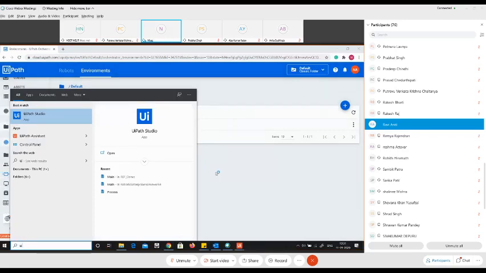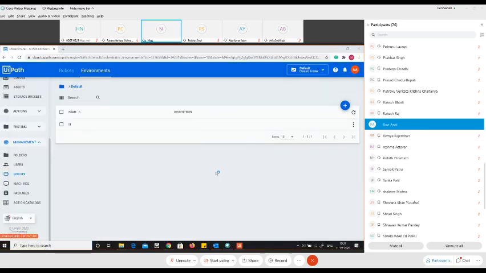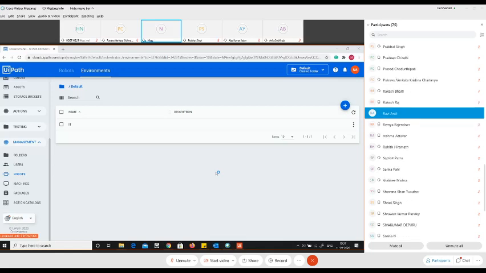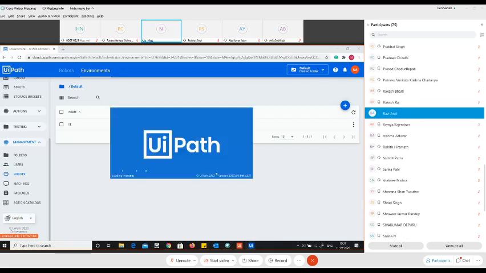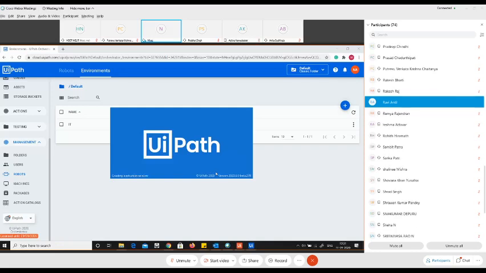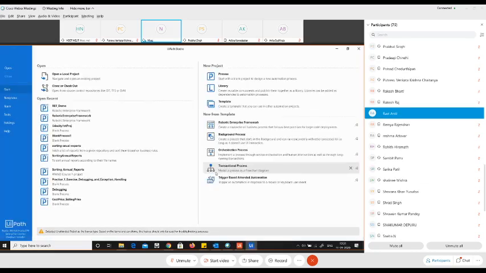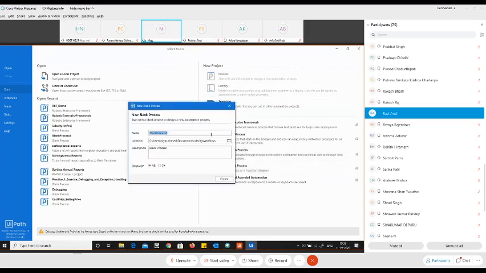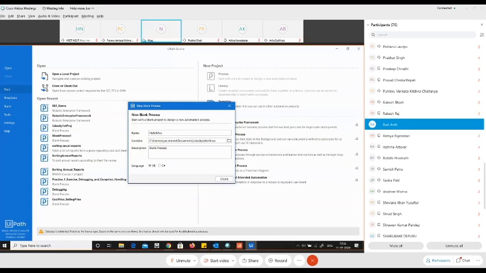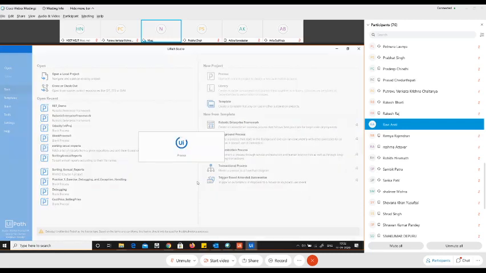Now let me go ahead and start up the UiPath Studio. In the UiPath Studio, we will do a very simple program, as in we will use a message box and display hello world or something, and then we'll make use of Orchestrator. So let us go ahead and create a new process. Let me give a process name. For example, I want to print a hello message. So my process name is hello message, and let me go ahead and create the process.